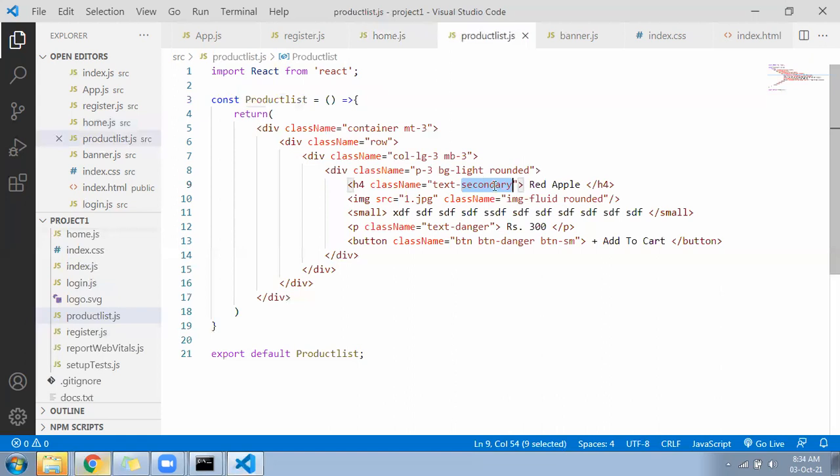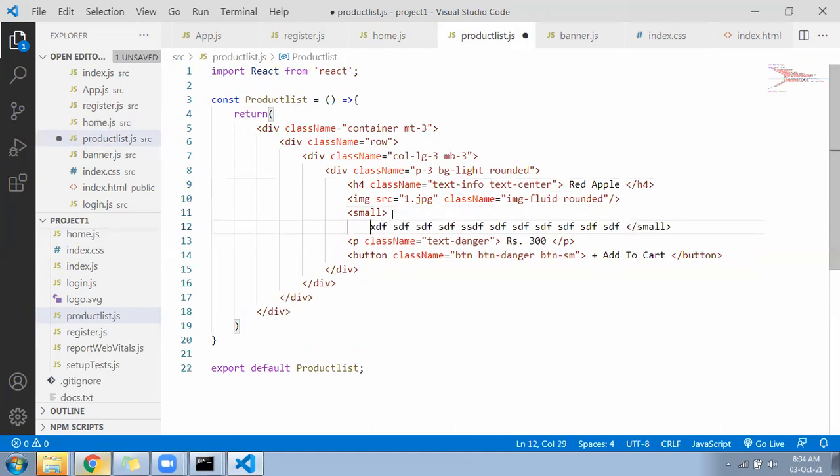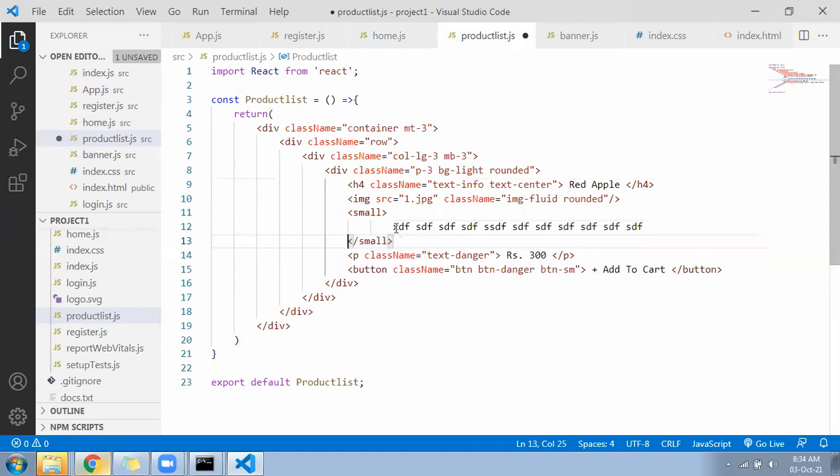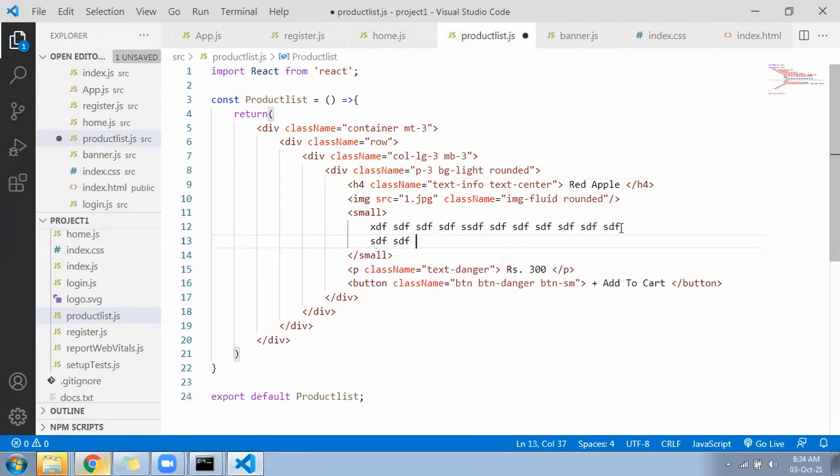Okay, change to info and keep text center, so that it will come in the middle. And in the small tag we have written, we can increase the text a little so that it covers the full line. So all this will become dynamic. This data will come from the JSON. We will not write it manually.